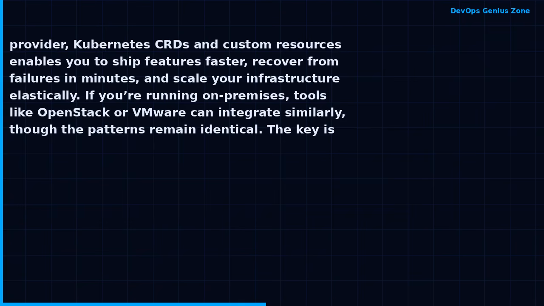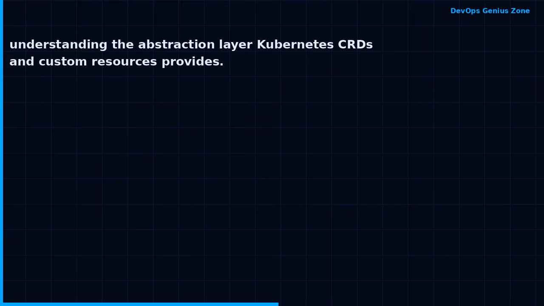If you're running on premises, tools like OpenStack or VMware can integrate similarly, though the patterns remain identical. The key is understanding the abstraction layer Kubernetes CRDs and custom resources provides. Let me give you a concrete, hands-on walkthrough so you can see exactly how Kubernetes CRDs and custom resources works